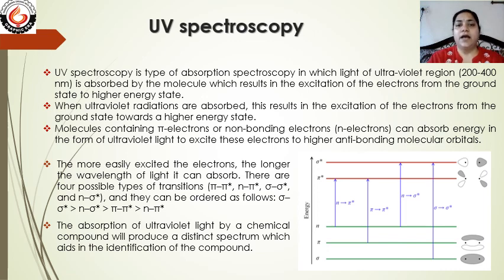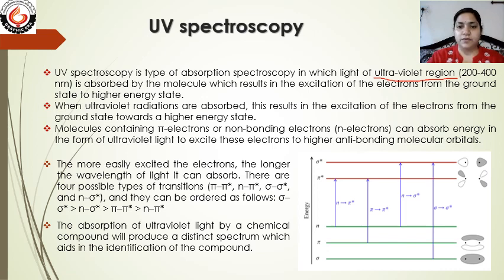And as it is UV spectroscopy, obviously the molecule will absorb light in the ultraviolet region. The ultraviolet region means 200 to 400 nanometer. When the molecule absorbs such light, there are some electrons in the molecule that absorb the ultraviolet radiation, and then the energy of the electrons increases. When the energy of the electron increases, the electron goes from a lower energy level to a higher